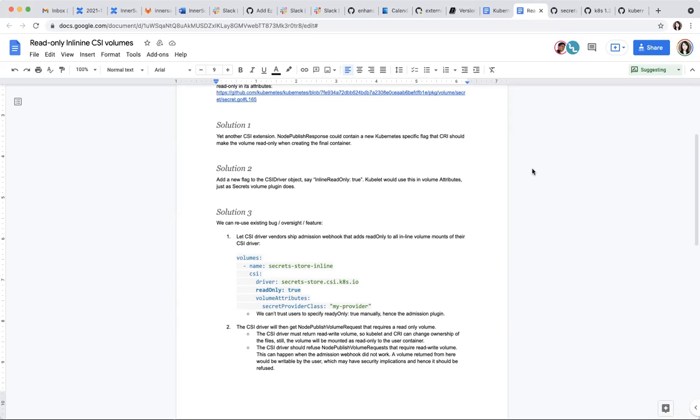Yeah, it's not obvious how it works. So what I'm suggesting in solution 3 is to make it more obvious, document it, and provide some webhooks around it. So users in the pod spec always set the read-only flag, but that's something that the driver vendor has under control totally. So the driver must get the read-only flag. That's true. But again, the driver vendor can ship a webhook and that's it.